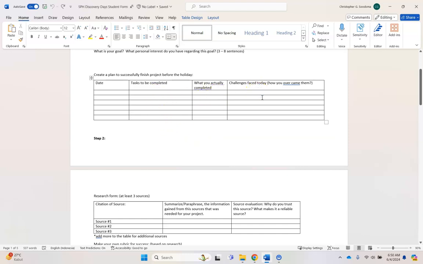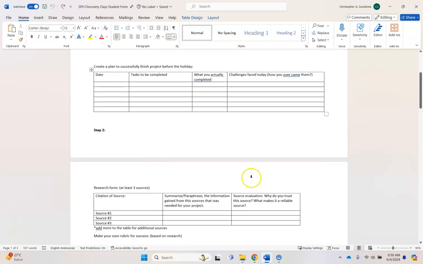And then, for later, because you'll want to know, just that day, what challenges did you face? Was it getting your camera to work for recording a video? Was it finding the materials to cook rendang sauce? Whatever it is, what's in there, and then how you overcame these ones.